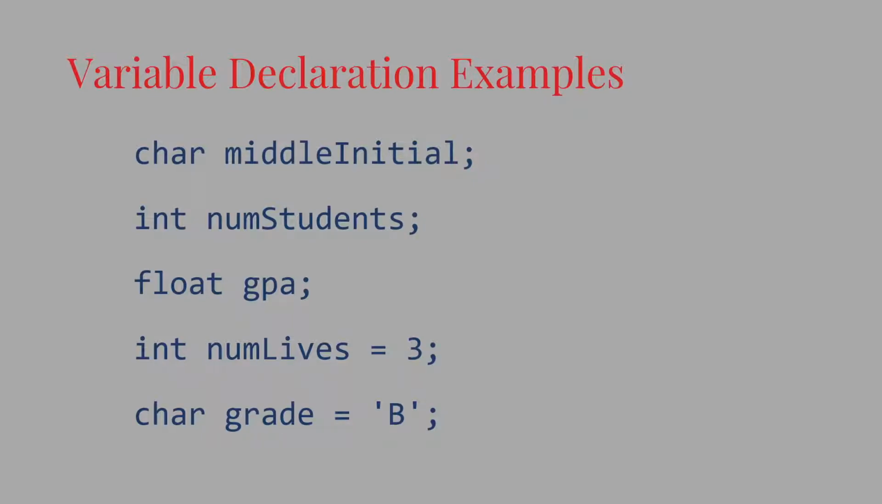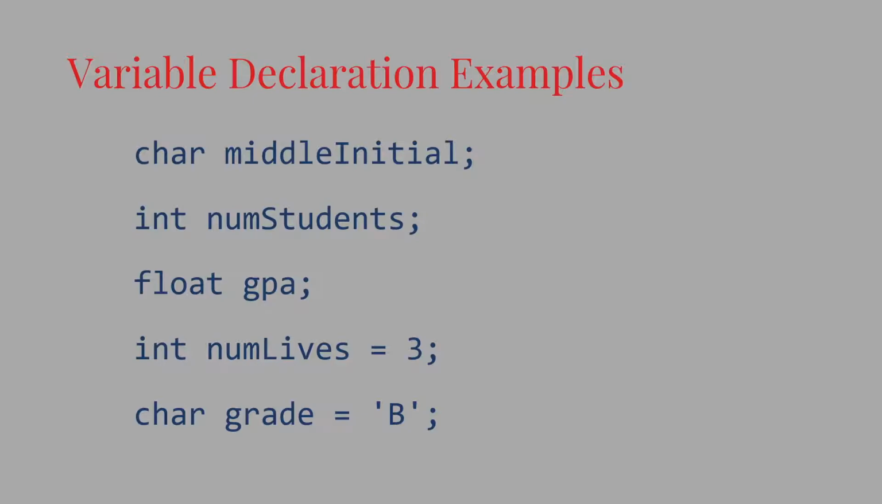The first sets up a variable named middleInitial that holds a single character. You can read that type as either "char," short for character, or "car," because it looks like char. Both are considered correct. The next is an integer named numInt. You can see that we abbreviate integer int for Java. We also have a floating point number for a GPA. You'll learn more about what floating point numbers are in the next video, but for right now, think of it as a real number. Then we have an integer numLives that's initialized to 3, and a character grade that is